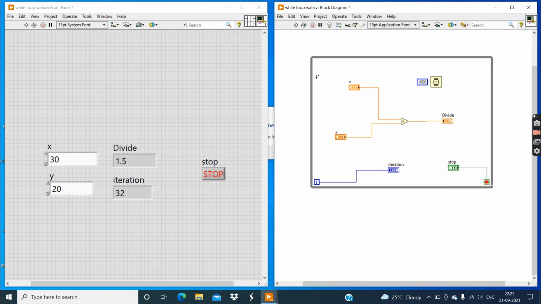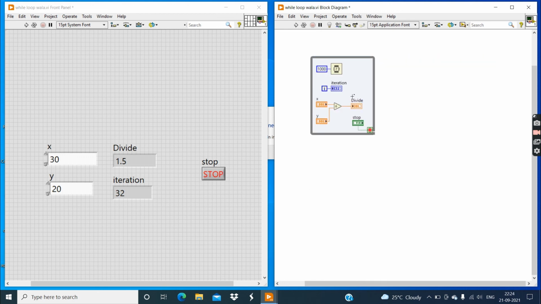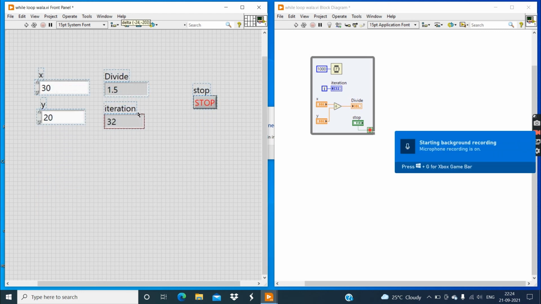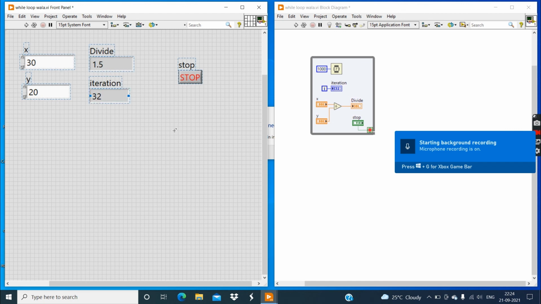Now select the while loop and press Control plus U, that is clean up diagram. Now come to this front panel window, select all the controllers and indicators and change their position.